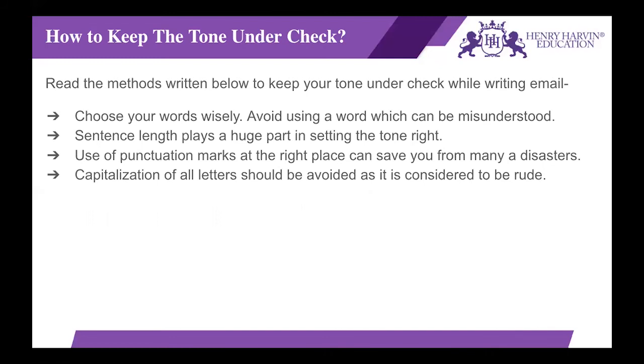First, choose your words wisely. There are several words which have multiple meanings. Avoid using such words which cause simple misunderstanding. The sentence length plays a huge part. For example, if I'm writing an email to my friend conveying all the woes of my life, and I say, I hate my boss and he hates me too, and there's nothing good happening in life. This is because my kids are usually upset all the time. They're cribbing, they're crying, just because I'm not able to earn enough money to get them good clothes or good toys. There are multiple thoughts involved in this particular sentence.